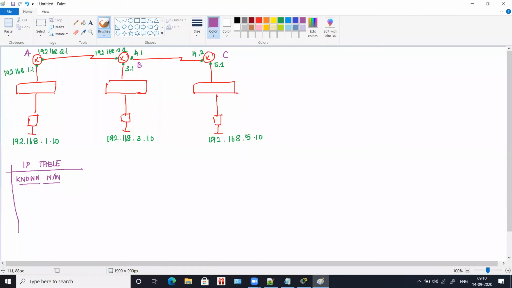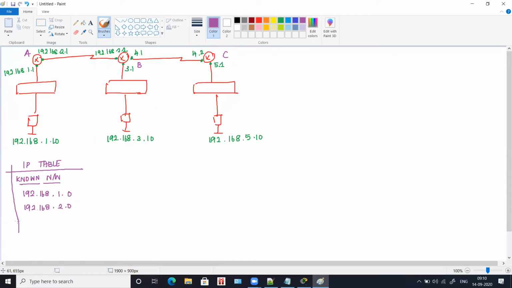So if 1.1 is the default gateway, then the network ID is going to be 192.168.1.0, and 2.1 will be 192.168.2.0, since we are filling the network ID. Since these two interfaces are directly connected to router A, we take them as the known networks, and we write the network IDs for each gateway.